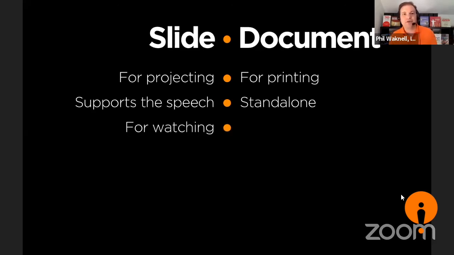A slide is something which people will watch. That means that they're using the visual channel of their brain, not the linguistic channel, because the linguistic channel is busy listening to the speaker, but they should be using a visual channel to be watching the slide, not so much reading it. Whereas a document is something that they are very clearly going to want to read. And that makes it something very different.